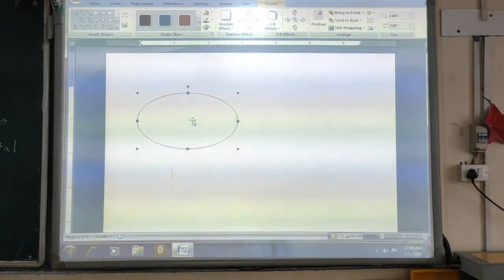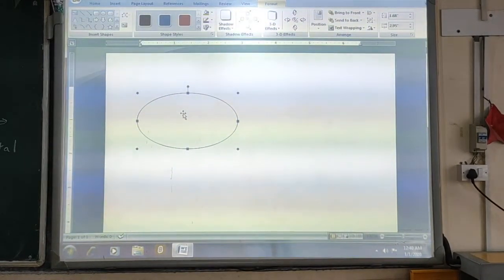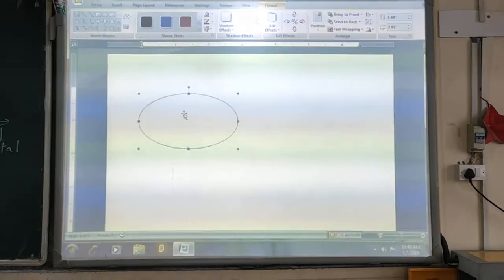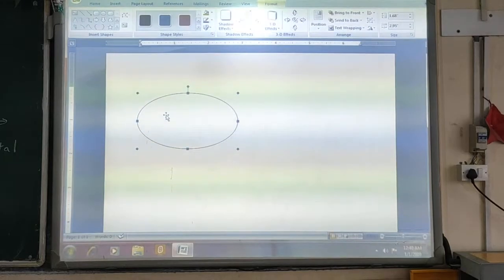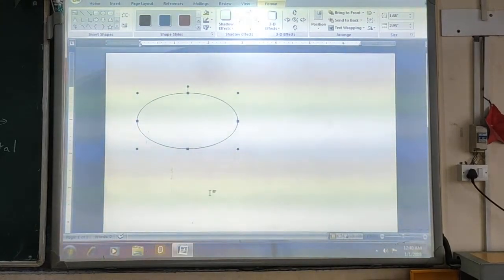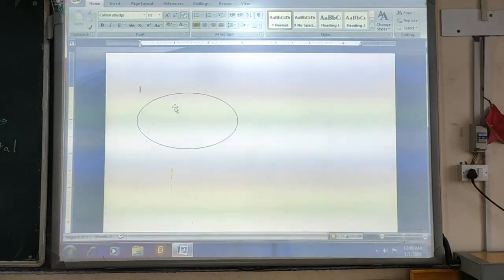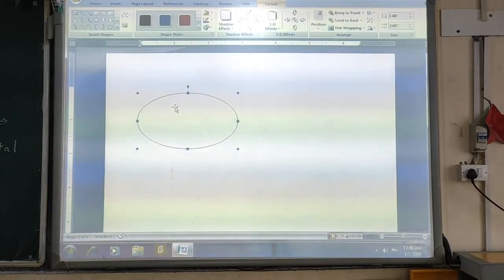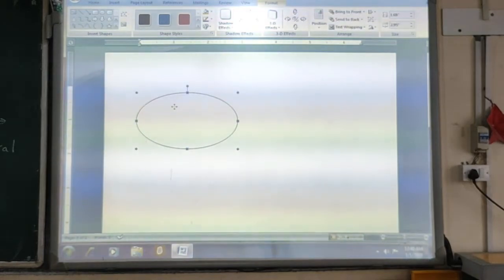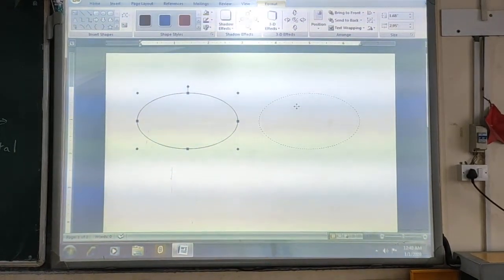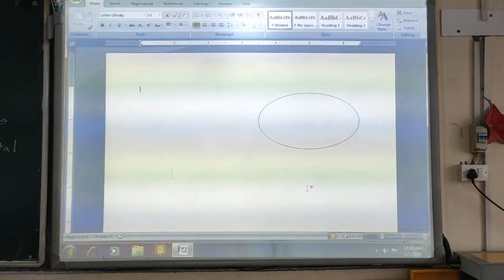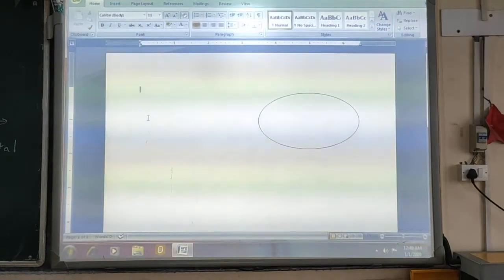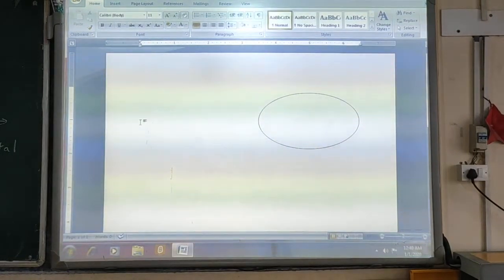Clear? Understood? Now, if you want to move this shape from one place to another, suppose this shape is on the left hand side of your document and you want to bring it to the right hand side. Just bring your mouse cursor to the shape. As you bring it here, you can see the move handle is there, and you can move it from one place to another within your document. Now you can see your shape has moved from the left to the right side of the page.